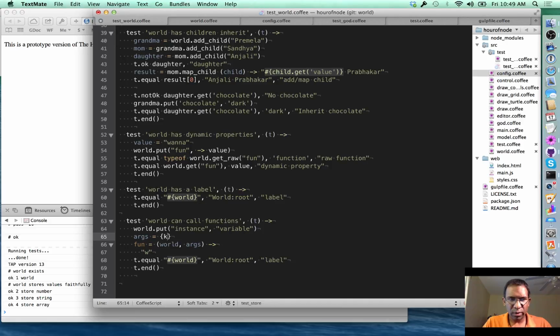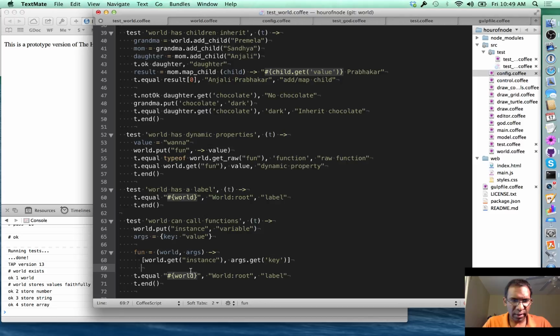It equals key, value. It should return an array of instance.get and args.get key, and then result equals